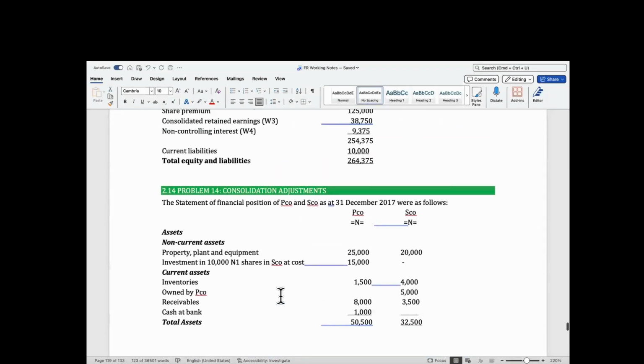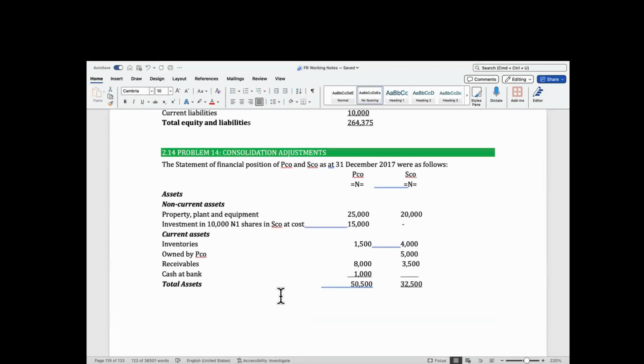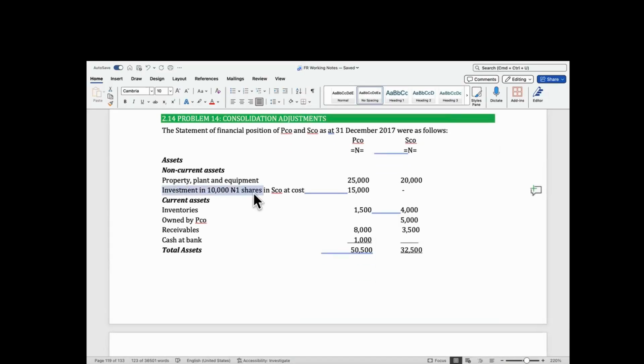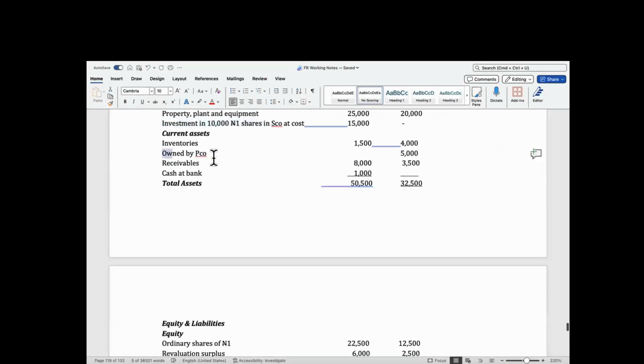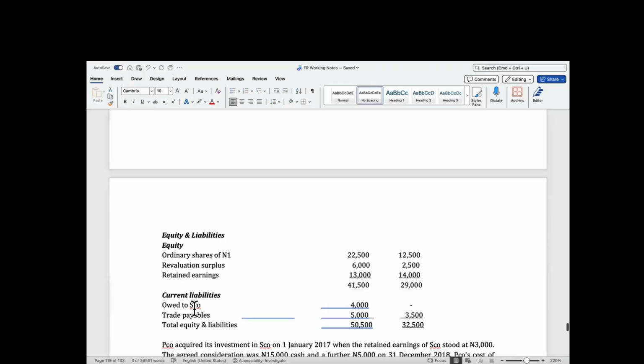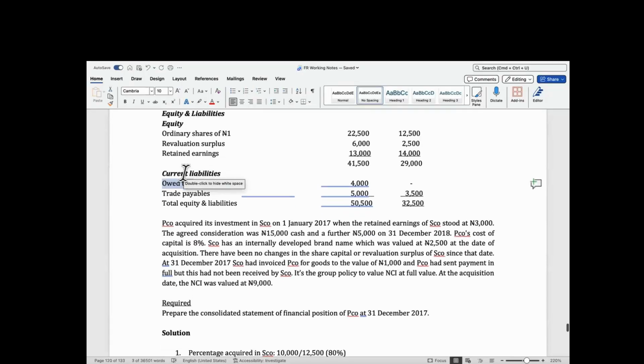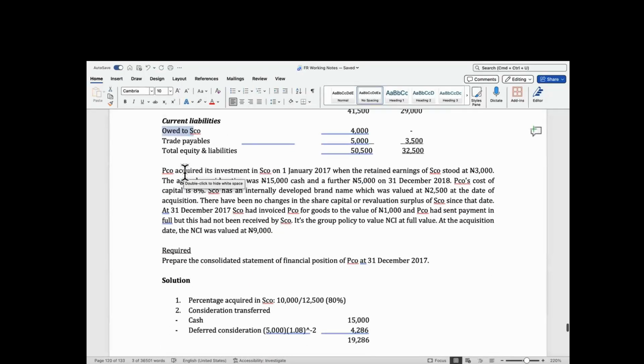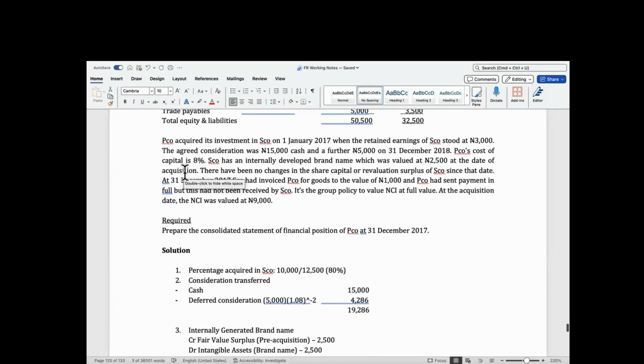So again, all we are doing is cancellation. I'm canceling out this against this. They are not the same. Whatever is remaining is goods in transit. So how do I do my cancellation? Firstly, I need to get the